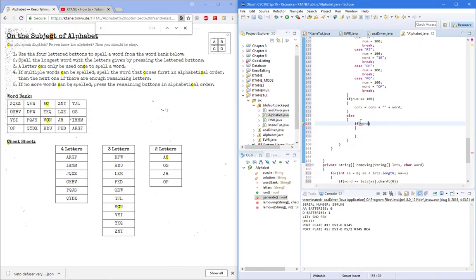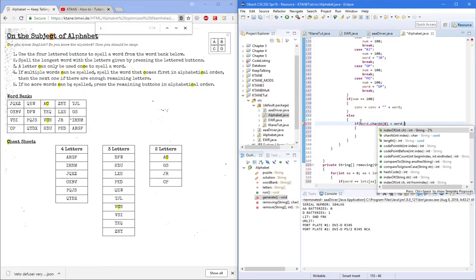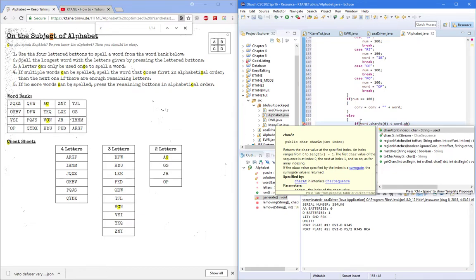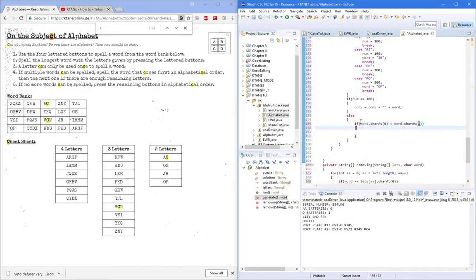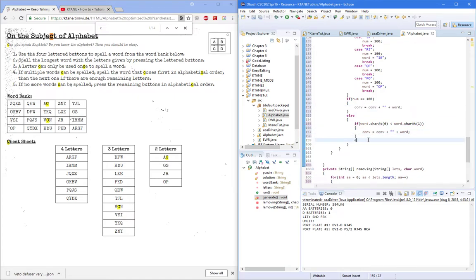If word dot char at 0 is less than word dot char at 1, then our convert is going to plus, and just copy this. Else. So that means the first letter is less than the second letter, so it's already in alphabetical position,